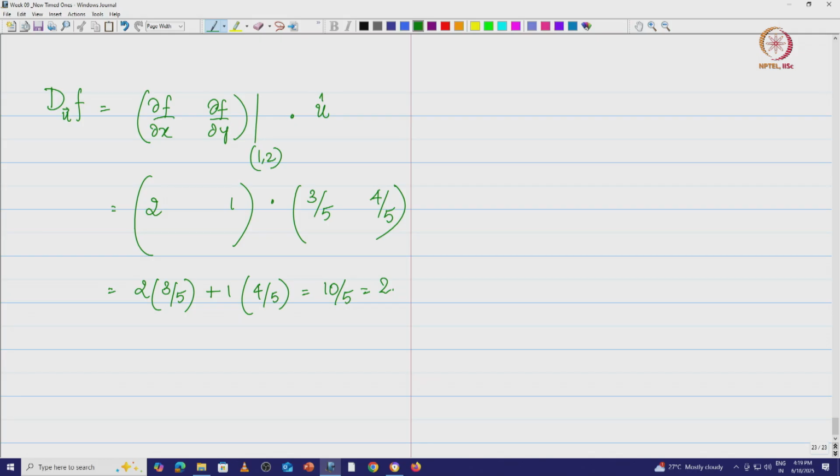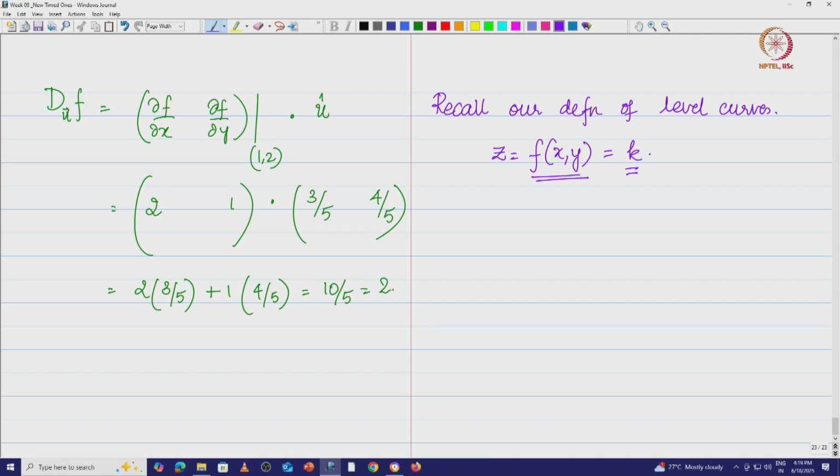Now there is something interesting that comes out of here. What is that? Recall our definition of level curves. Now what do we mean by that? In case of level curves, we have z equal to f(x, y), which is equal to a constant, let us say k. So when the function is a constant, what can we say about the derivatives? The derivatives are going to be 0, right.